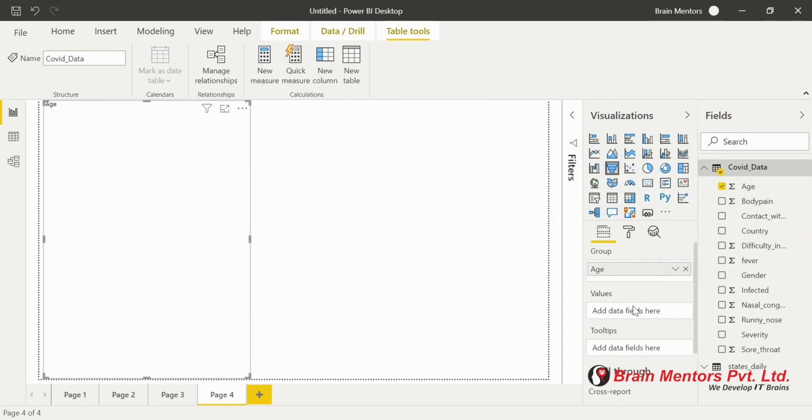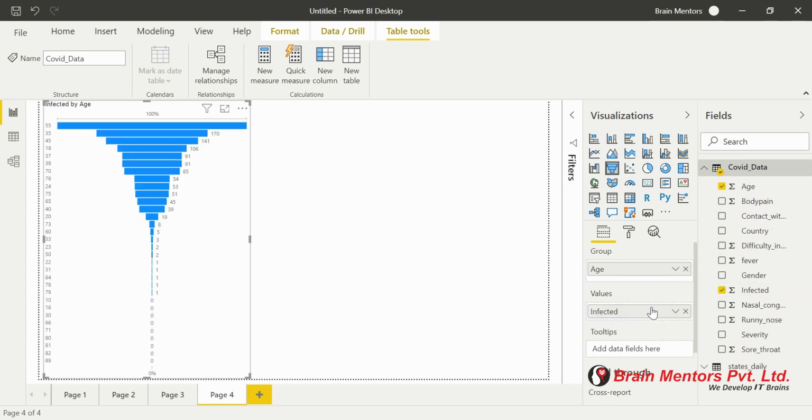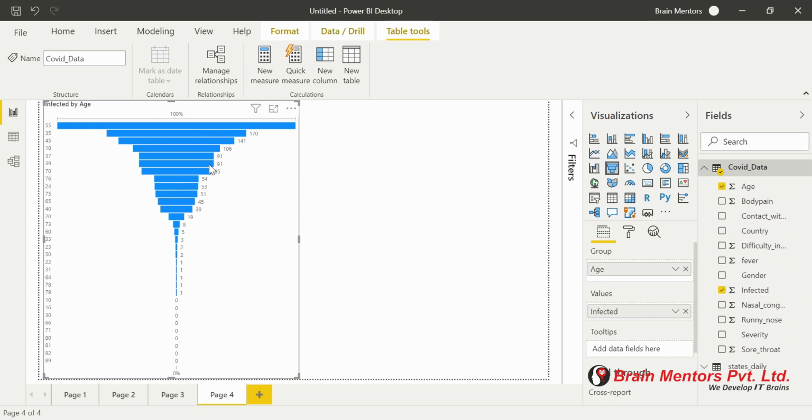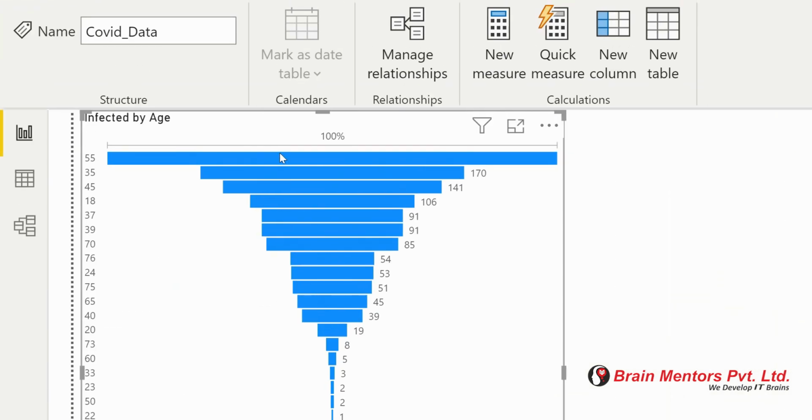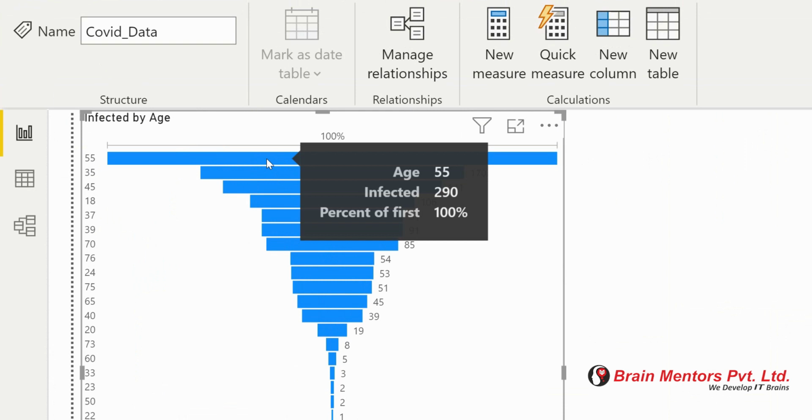I'm passing the age inside the group, and inside the value I'll be passing, let's say, the infected, whether yes or no. It will create a funnel chart for you like this, so that it looks exactly like a funnel. That's why it is known as a funnel chart. So this is the age, infected, and percentage of first. That's how a funnel chart is built.